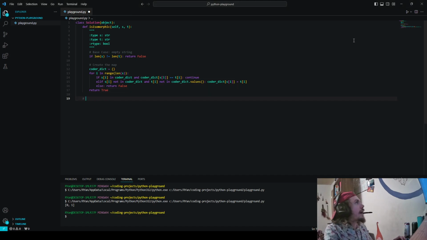So basically, if we have EGG, and then that one's S, so this is S, and then this is T. We know that S or E, A, D. Sorry, my bad, guys. I'm not focusing enough. G equals D. And as you are inserting these into the dictionary, you can check if a value already exists